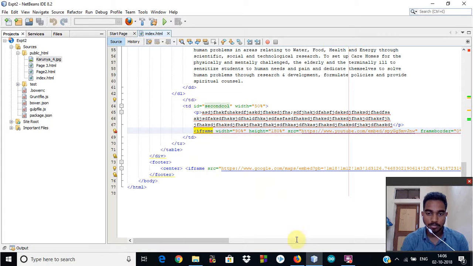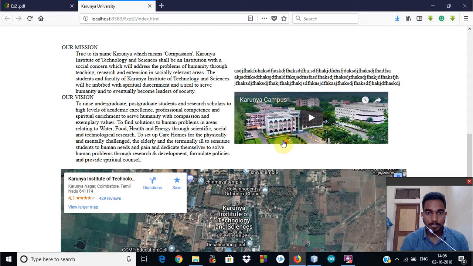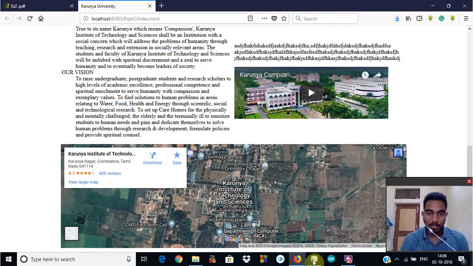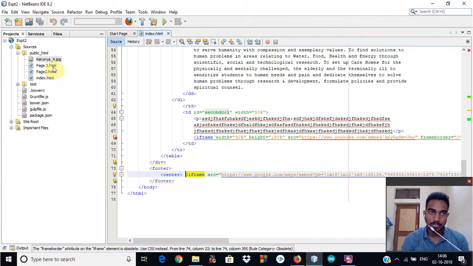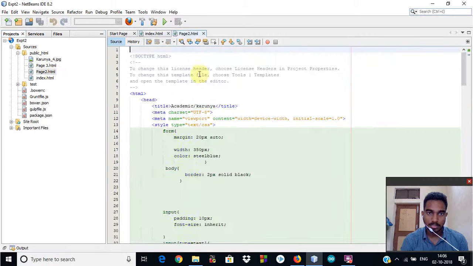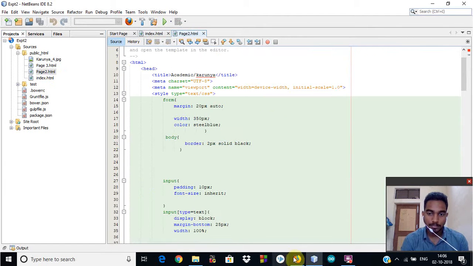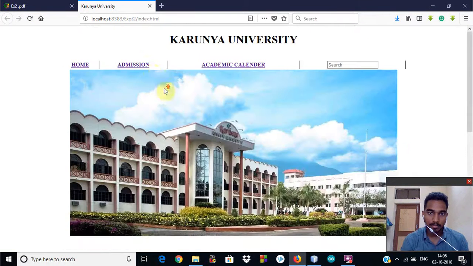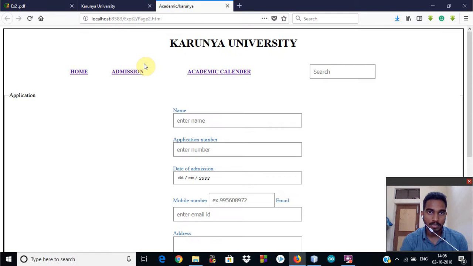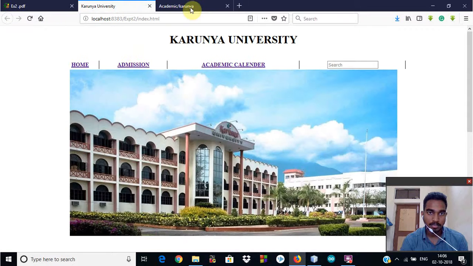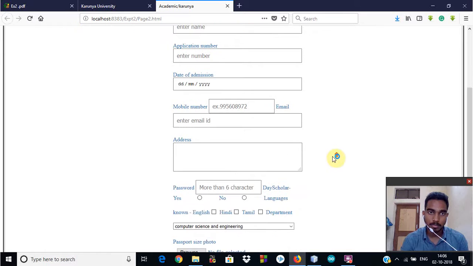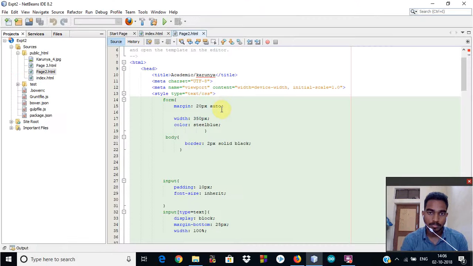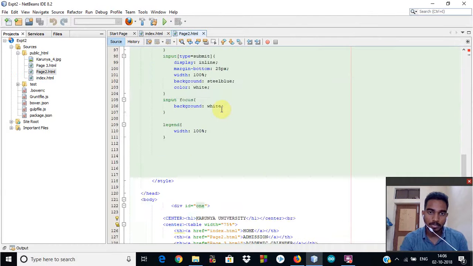So after that, in the footer section we need to have a map. So going to Google Map and getting the link and pasting it here in iframe, which will display the map. Okay, this was all about the first page. Now go to the second page, which can be found when we click at this navigation bar. Okay, the second page we are supposed to create a form which will accept values and also check